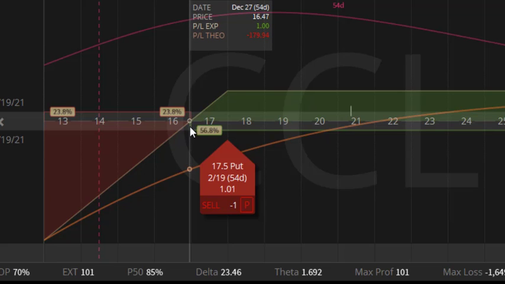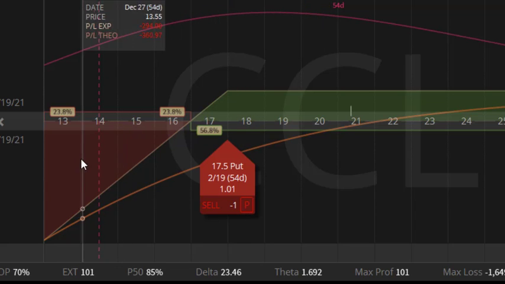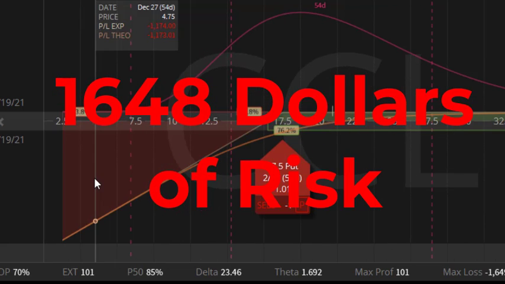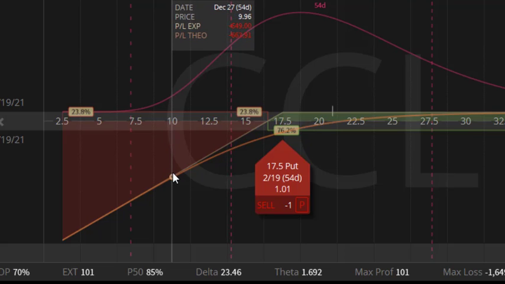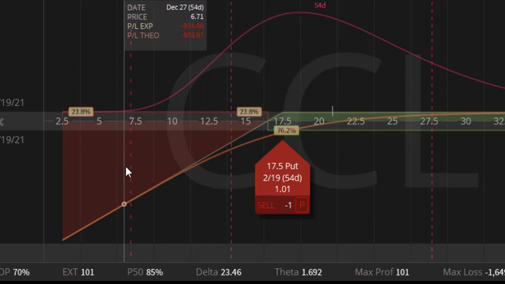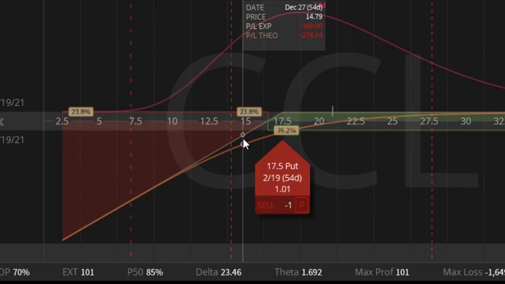$16.49 at expiration. And for any stock price above $17.50 at expiration, the contract will be worthless and I will receive the full $101. Now to the downside, my risk is in theory infinite, but this is true whether you hold the options contract or the stock itself. If I were to hold 100 shares of Carnival Cruise, then I would have this same risk profile to the downside. If the stock went to zero, I would lose 100% of my holding, and that is the exact same